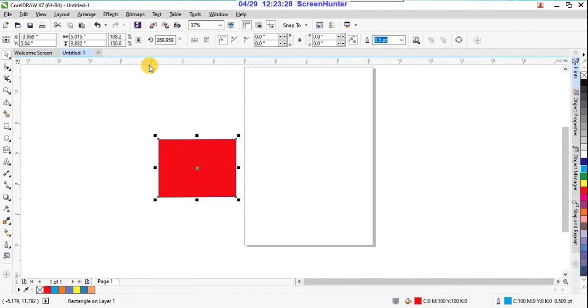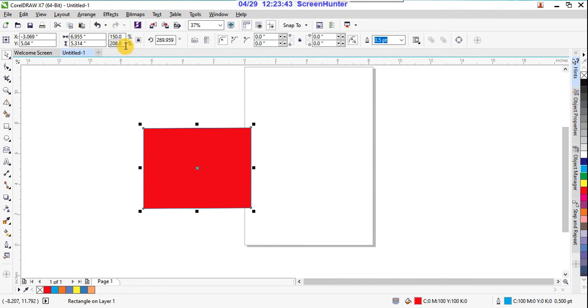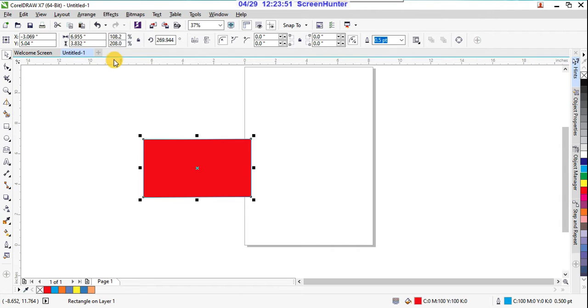See, so 150. Yeah, so it is locked. Yes, I want to give the same value here. It's not changing. So lock ratio,